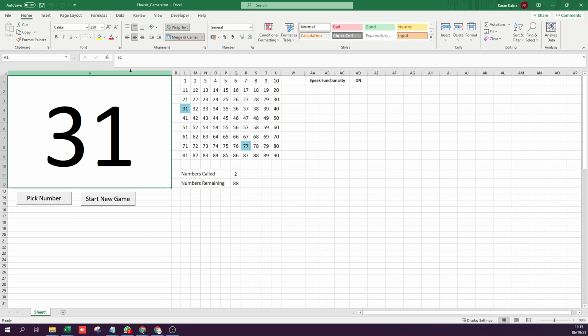So again, if you know the concept of rand between, that has been used here just to basically pick up random numbers between 1 and 90 and eliminate the numbers that have been called out. So that's how simple this has been. I mean, the backend is obviously some code to make it look fancy, like to show the effects and to color the numbers that have been called out, to update these fields. That's a bit of fancy stuff that has been done. Otherwise, it's fairly basic.